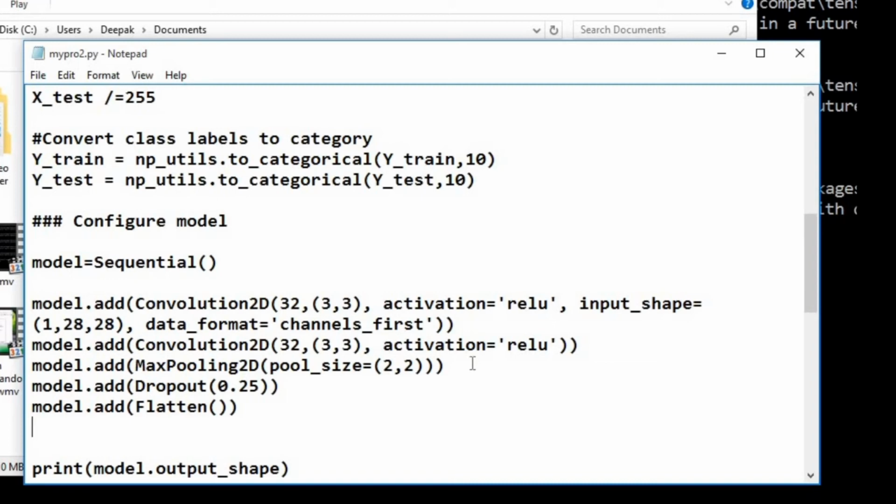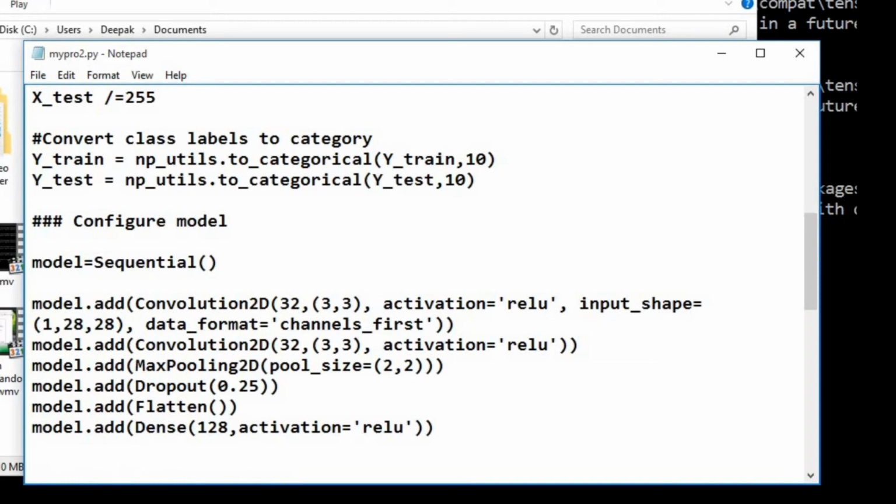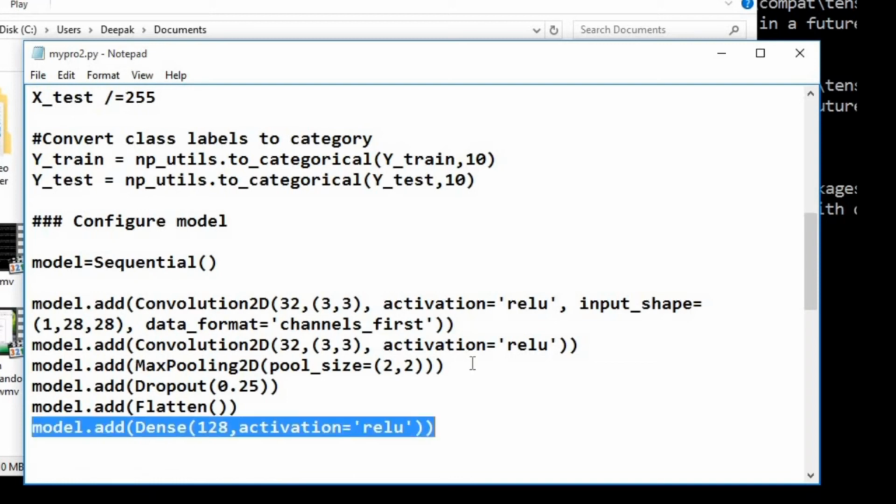Next, you have to flatten the data, because this may have multiple dimensions, because after the dropout we are going to add a dense layer. So the dense layer input must be 2-dimensional, or a reduction in the dimension. So the dense layer will require flatten before it. Here the dense layer will consist of 128 dimensions with the activation function again ReLU.